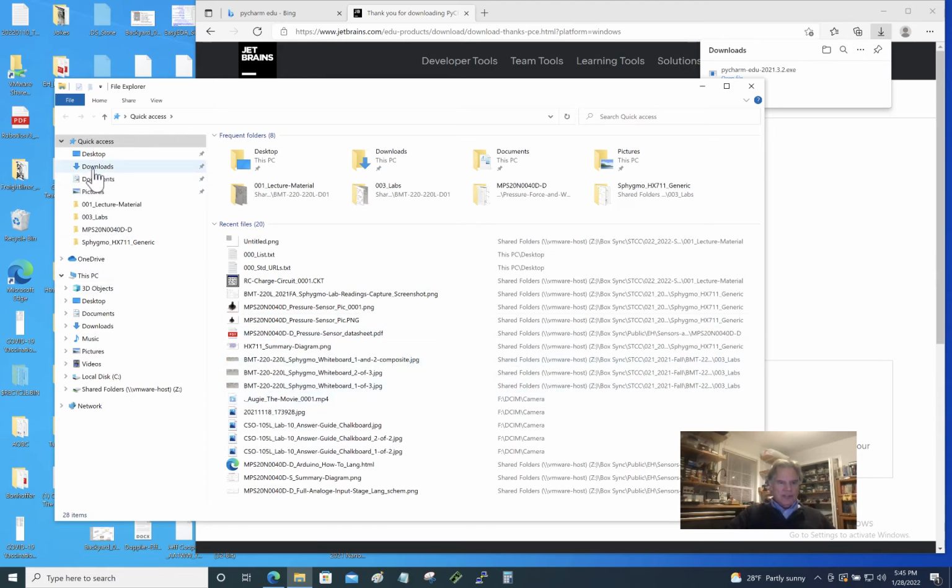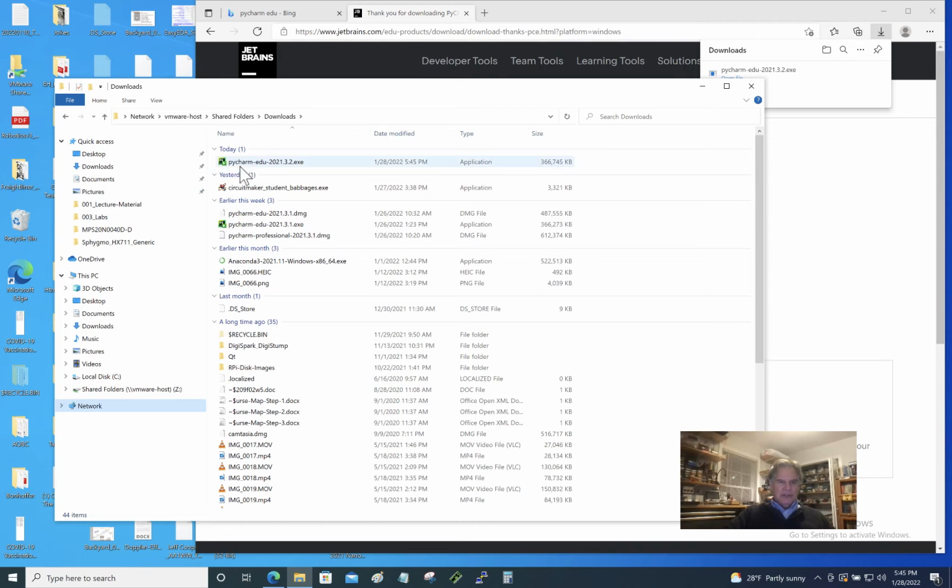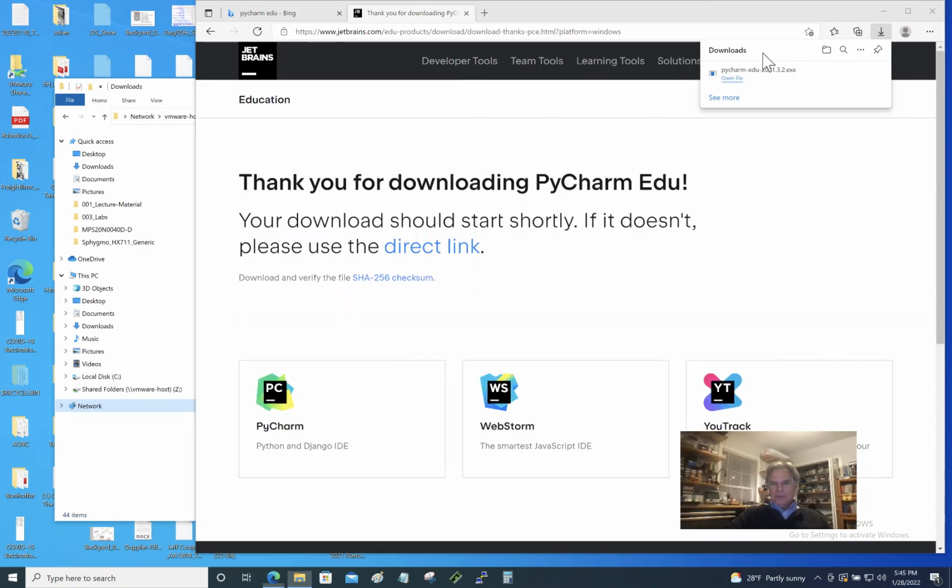If we were to go to downloads, we would see that today PyCharm-Edu-2021.3.2.exe was downloaded. So you could double click that, or right after you download it, you can go up here where it says open file, or maybe you have the file listed down here like in Chrome, or whatever you do. If you like to use Firefox, that's a great browser. I'm just using Bing. No, I'm sorry, I'm using Edge, Microsoft Edge here. So I'm going to just click the open file here, but there's more than one way to launch the file,